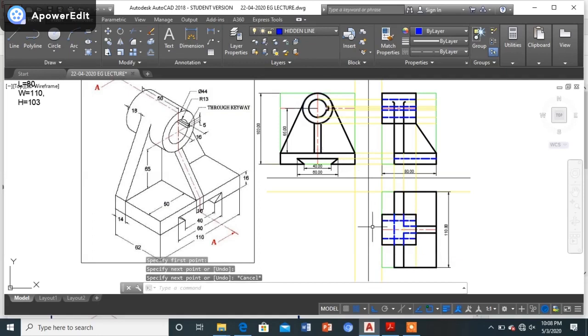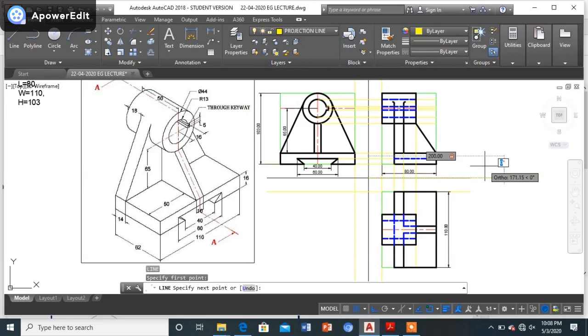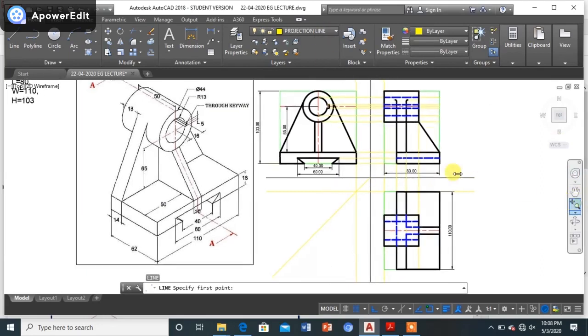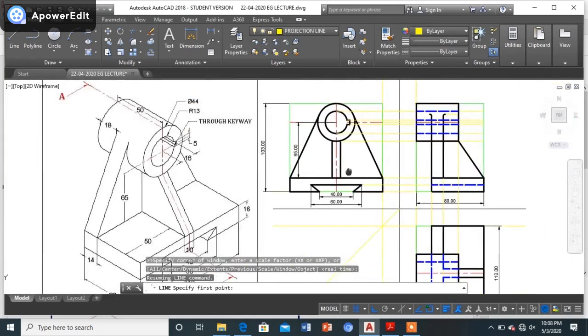So now whatever the tangent points are left out, we'll be drawing it over here. I'll start with this. Now it will be the angle that will be taken to me like this. Now let us simply get the projections over here.